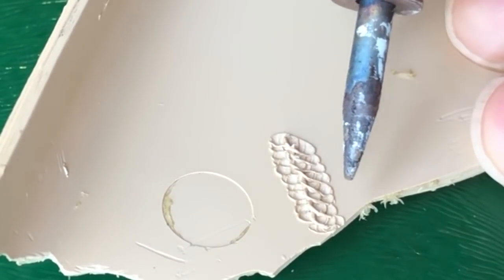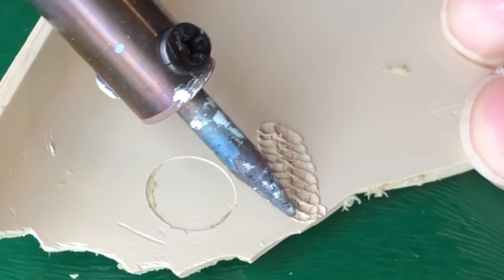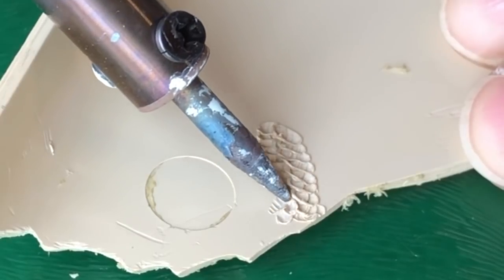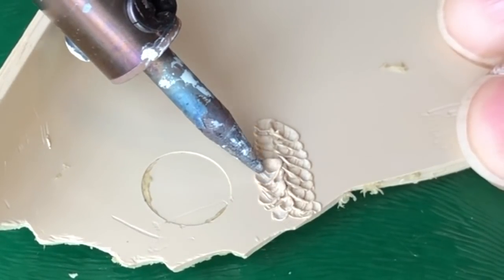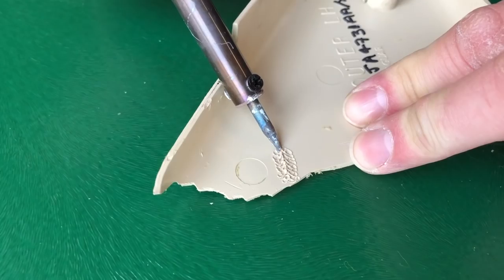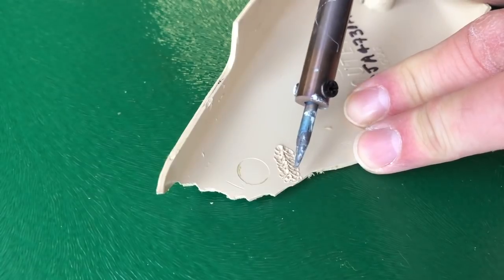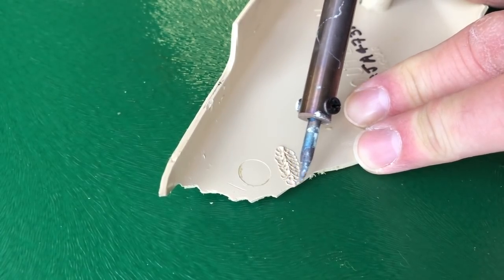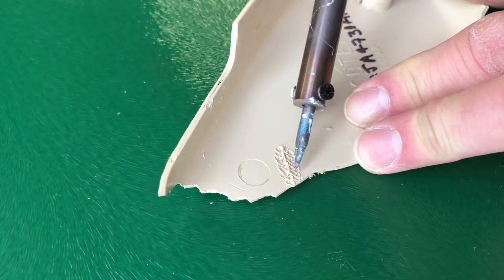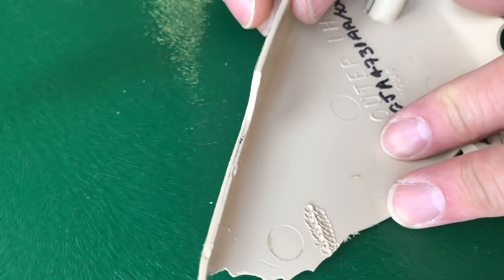So I've got a little bit of a raised ridge. I'm going to come from the other way, doing the same. Take your time, don't press too hard, you go straight through the plastic very easily. I'm trying not to get too close to the edge because I'm going to be joining it. And I've got that rather neat repair,